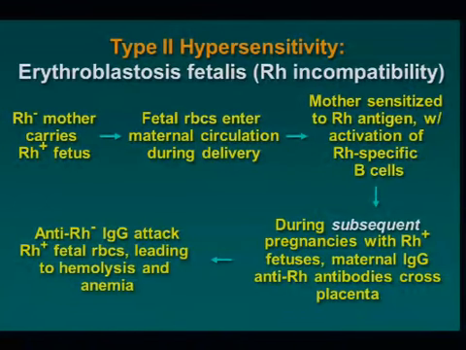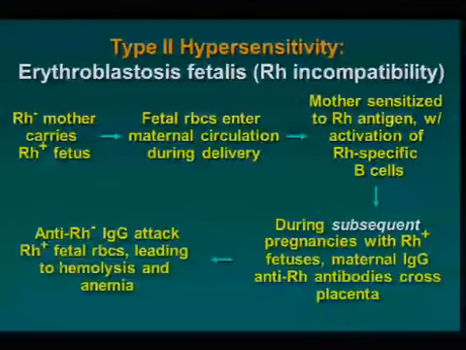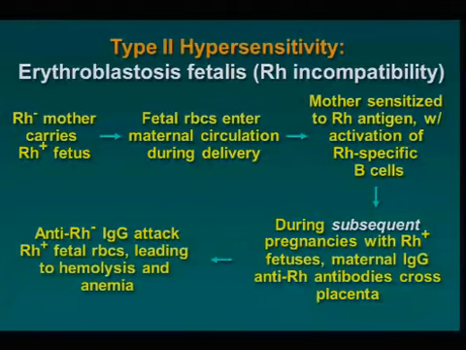Now, there's another series of blood groups belonging to the Rh system. One of these Rh components is highly immunogenic. If you have this component, called the D component, you're Rh positive, and if you don't have it, you're Rh negative. Simple enough. Now, what happens in erythroblastosis fetalis is that because of the genetic makeup of the father and the